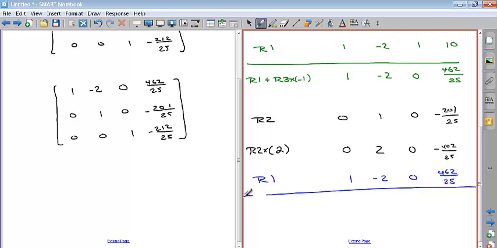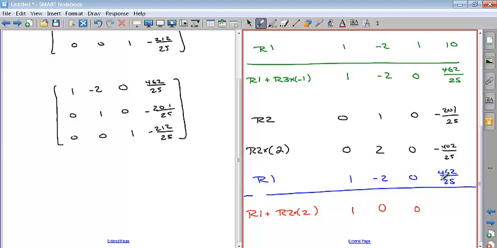Then I'm going to add these two together. So I get R1 plus R2 times 2. So these are the two parts. You add them together and you get 0 plus 1 is 1, 2 plus negative 2 is 0, 0 plus 0 is 0,